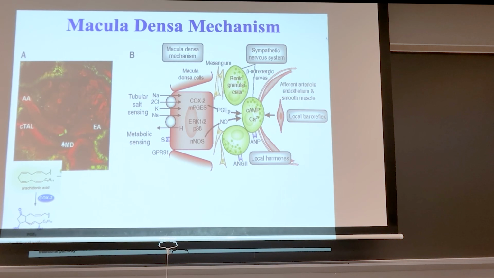Talking about how the macula densa, which lines the distal convoluted tubule, or part of it, stimulates the juxtaglomerular cells, which sit between it and the afferent arteriole, right? So